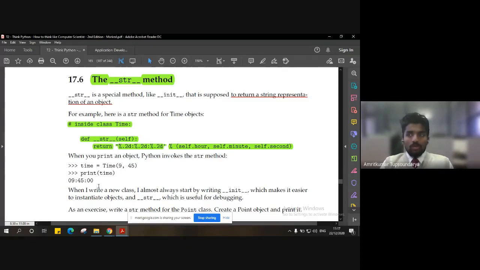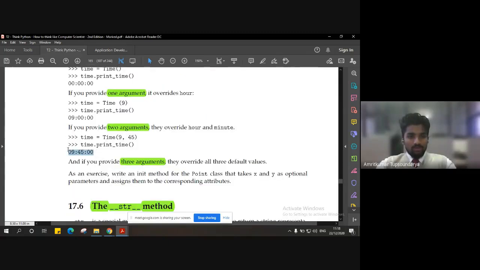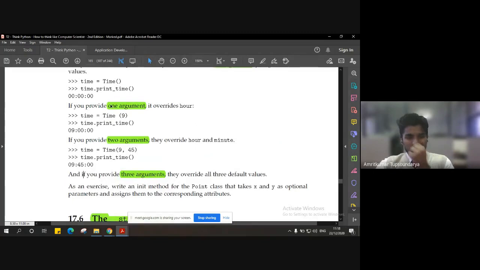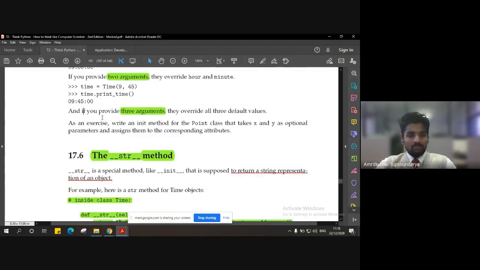So in order to get the actual addition, you need to add the integers 55 plus 47, right? That will give you the resulting value as an integer. So that is the difference here: this value here is actually a string value. It is not an integer, 094500, it is a string value. But here, as you can see, it is the integer value, that is, the value we have passed as the argument is actually getting printed.